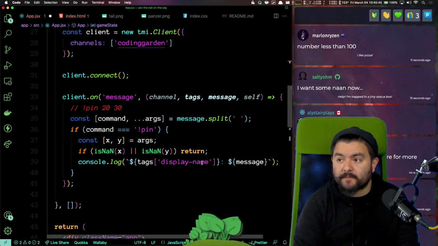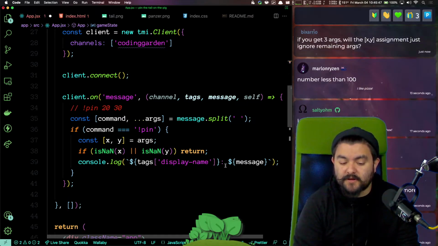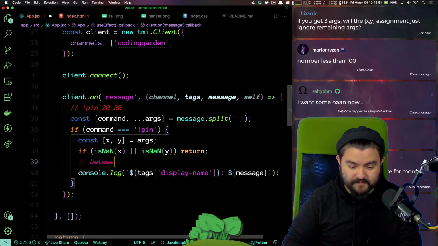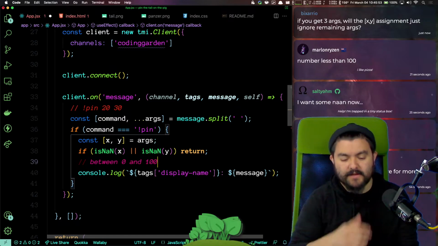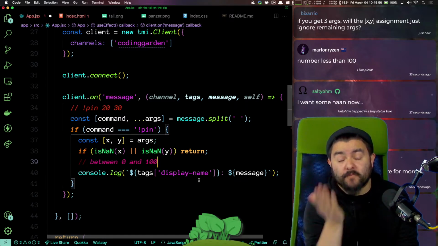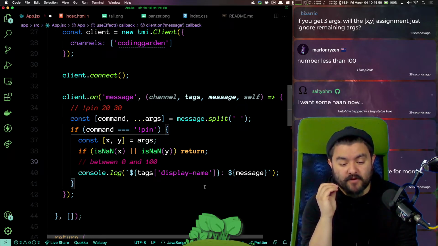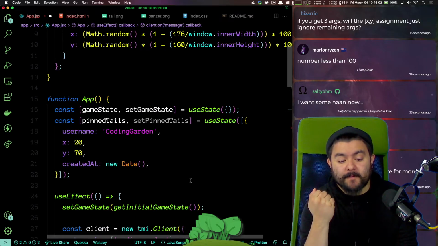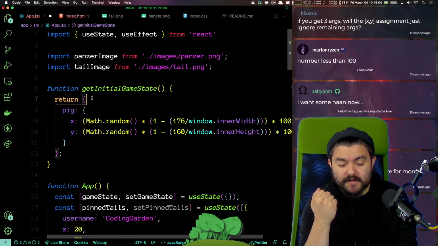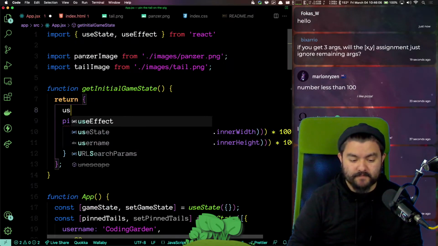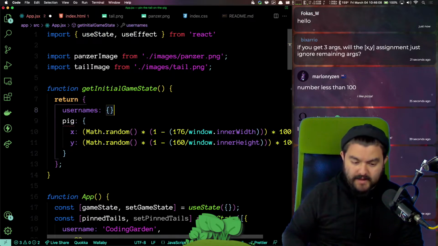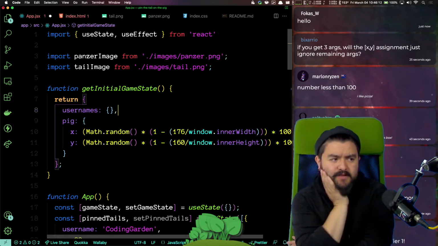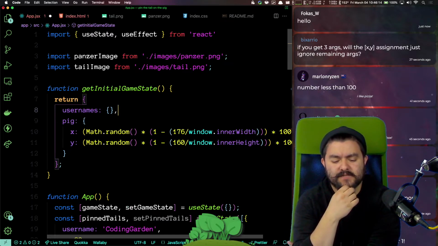So it needs to be a number between 0 and 100, right? So we'll validate that as well. But what we also want to validate is if they already have a pin on the page. Now, we could include in our game state like usernames. And these would be all the people that have pinned already, and then we'll reset that every time the game resets.